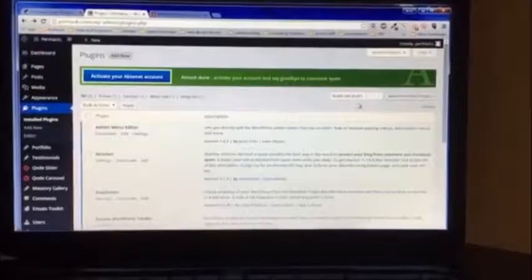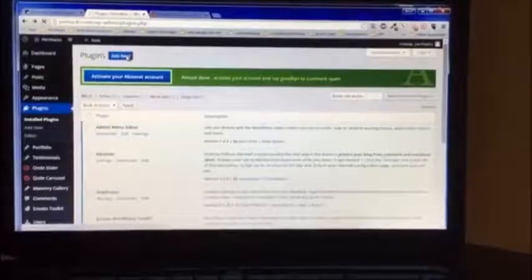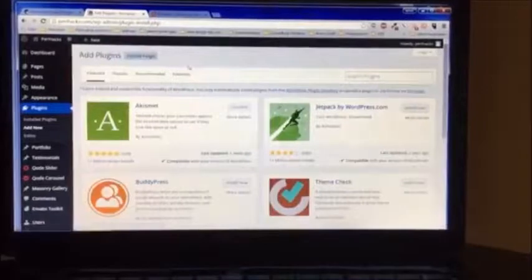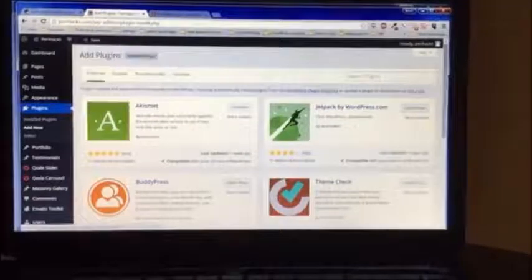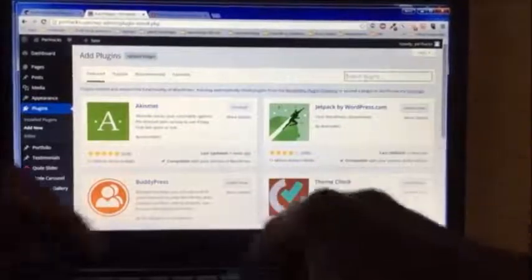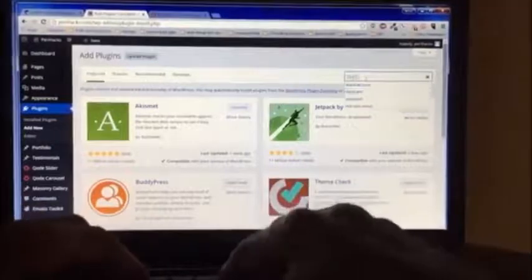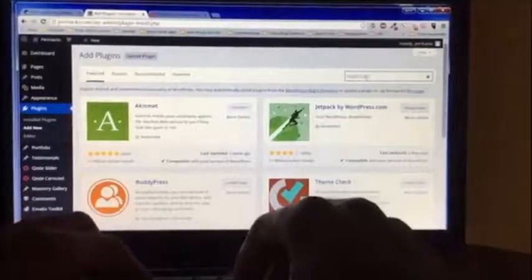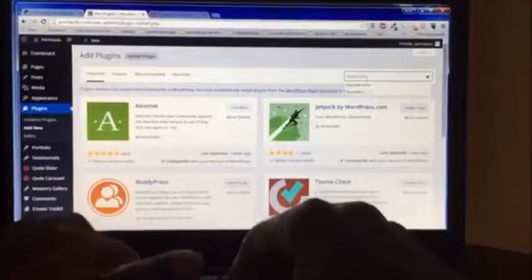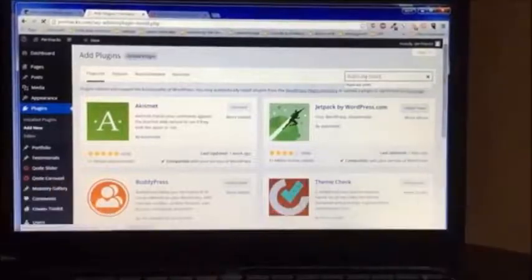Sorry. All right, let's go back. We need to search for a plugin. So we want to add a new plugin. What I did is search for the ones that were installed. And once you click on Add Plugin, go over here in your search bar and just put in Duplicate Post. Duplicate Post. There we go. And then when you go to Duplicate Post, what will happen here is, how are we doing on time? 15 minutes. We got to speed up. All right. Once I click on that,